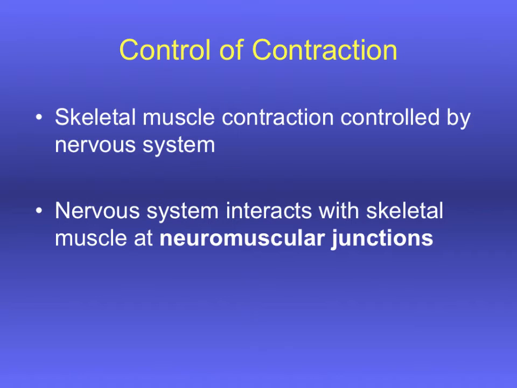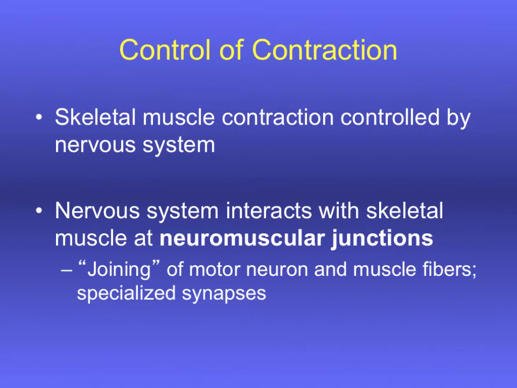reflexes, for example. There are going to be nerves as part of the peripheral nervous system, motor neurons, that are involved with synapses, which on the other side of the synapse, there's going to be a skeletal muscle. And so wherever you have a neuron joining up with a muscle, we have what's called a neuromuscular junction. So we have this joining of neuron and muscle across a very small synapse, and that's where the communication is